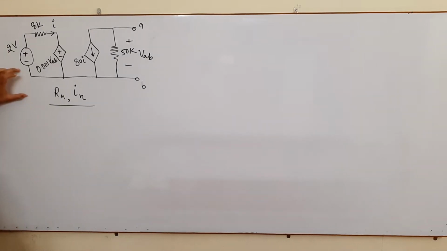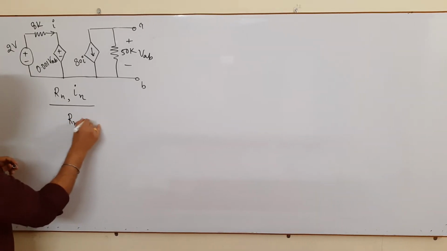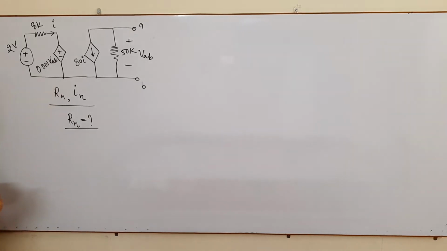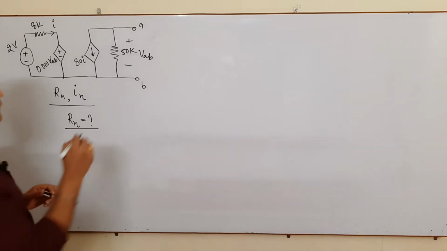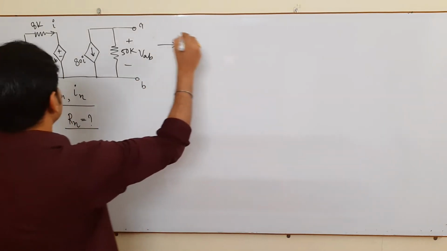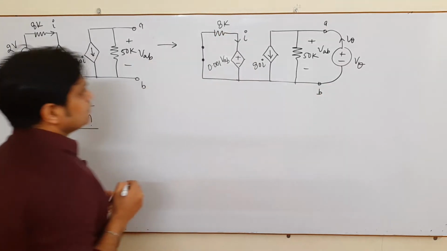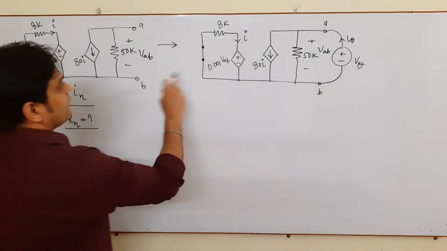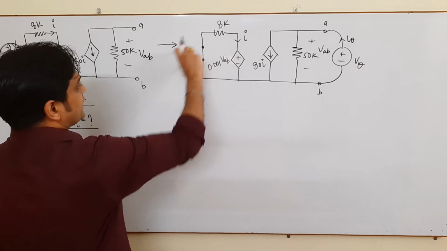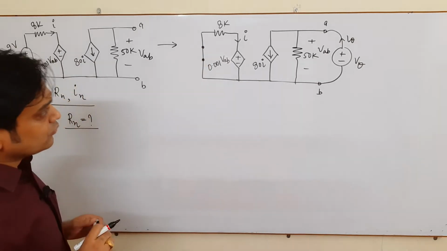Okay, so now in this question we'll find first Rn. We'll talk about Rn, that is our first. We will find Rn. So as we know, all the active sources, that is your independent sources, go off. So I am redrawing this network here. So that comes to be. So now I have redrawn this network. This voltage source gets short circuited because it is an independent source.